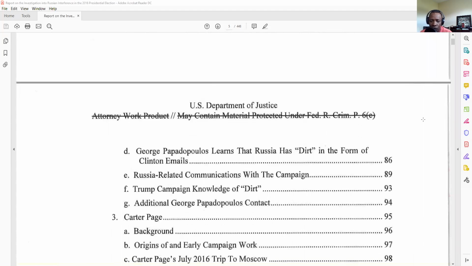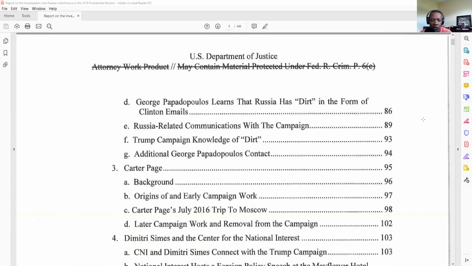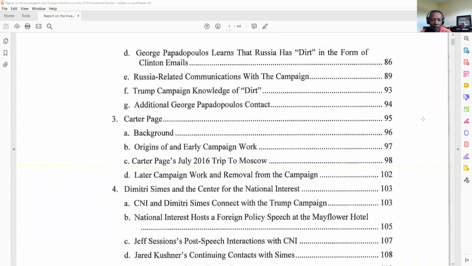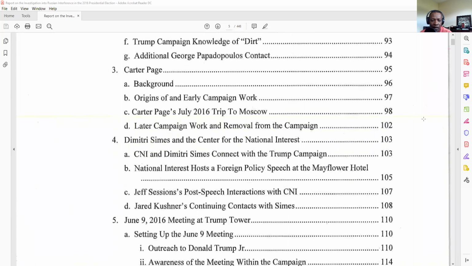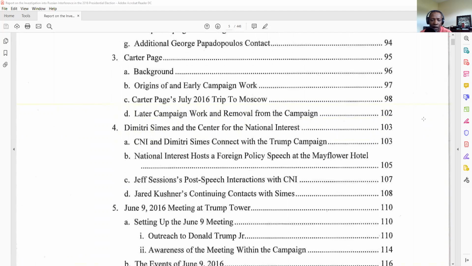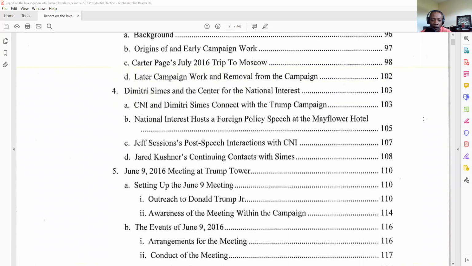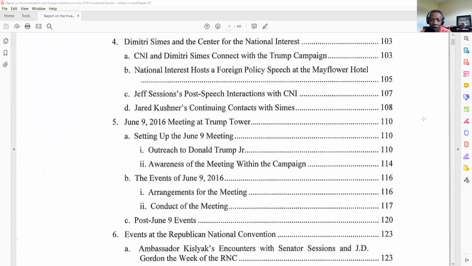George Papadopoulos learns that Russia has, quote, dirt in the form of Clinton emails. Russia-related communications with the campaign, Trump campaign knowledge of dirt. Additional George Papadopoulos contacts. Carter Page, background, origins of early campaign work, Carter Page's July 2016 trip to Moscow, later campaign work and removal from the campaign. Dimitri Simes and the Center for the National Interest, CNI and Dimitri Simes connect with the Trump campaign,